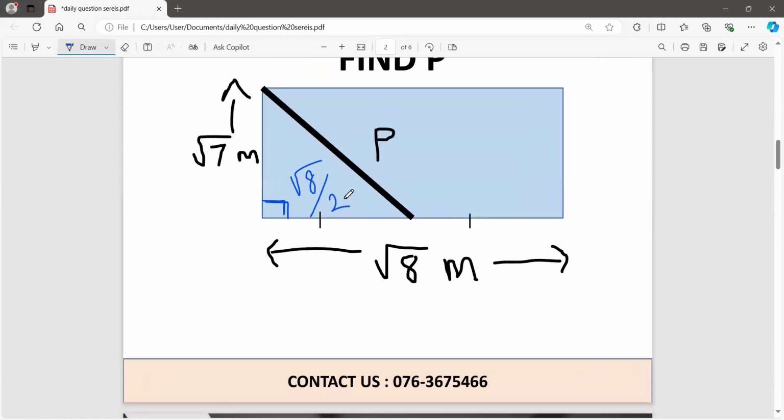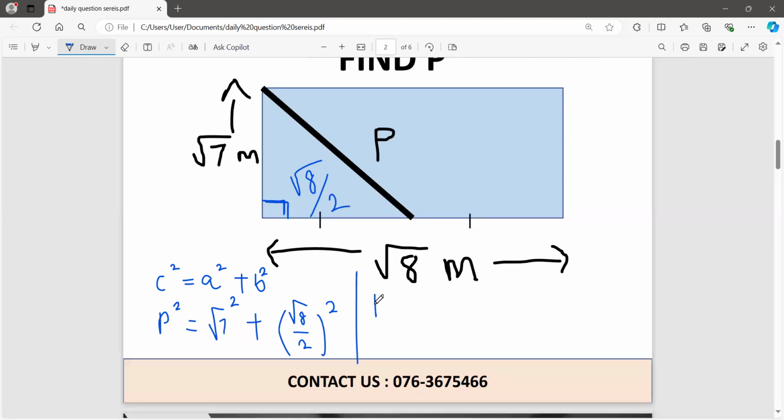Therefore, you can write p squared. The Pythagoras theorem is c squared equal to a squared plus b squared, where c is the hypotenuse. Therefore, you can use p squared for that. Then a is root 7. So you can write root 7 squared plus, this is root 8 over 2, this entire thing squared. So if you simplify this, you get p squared equal to root 7 squared, means root